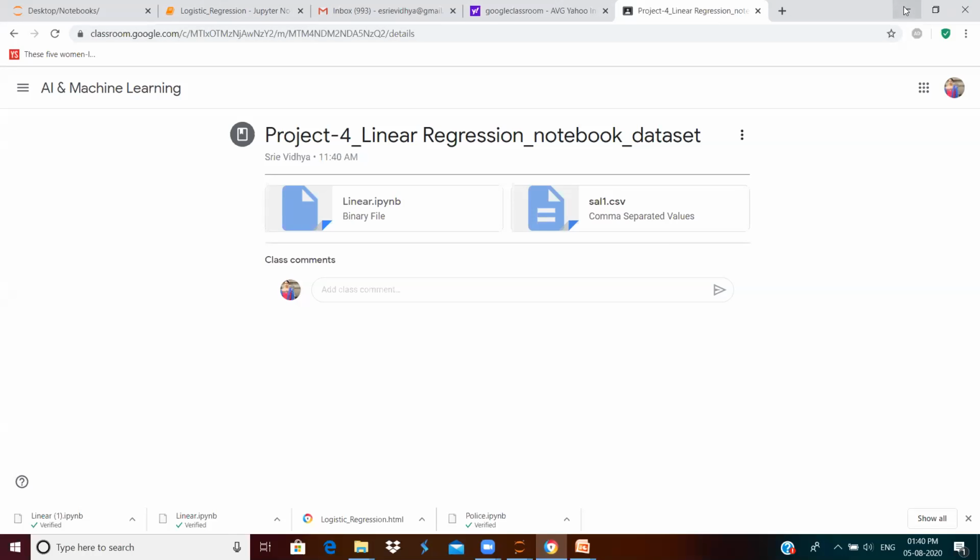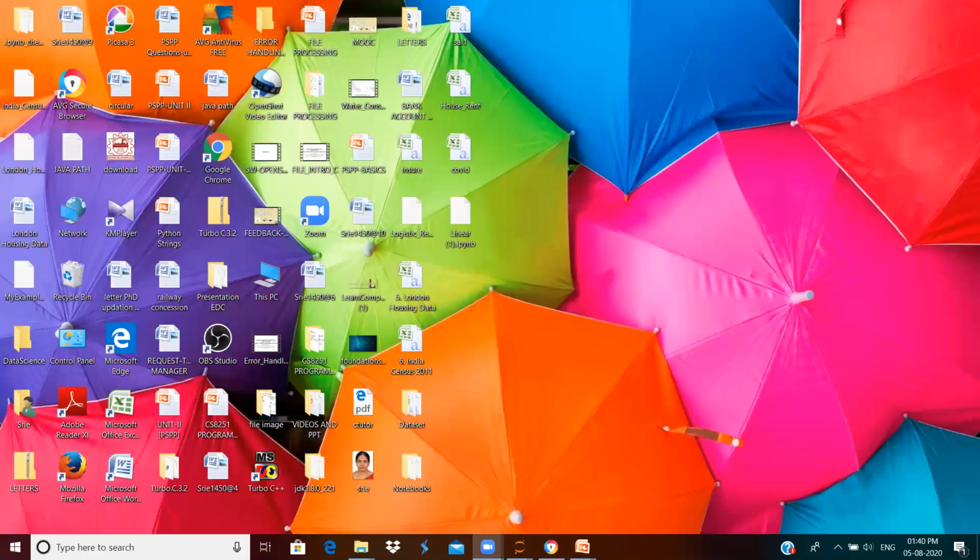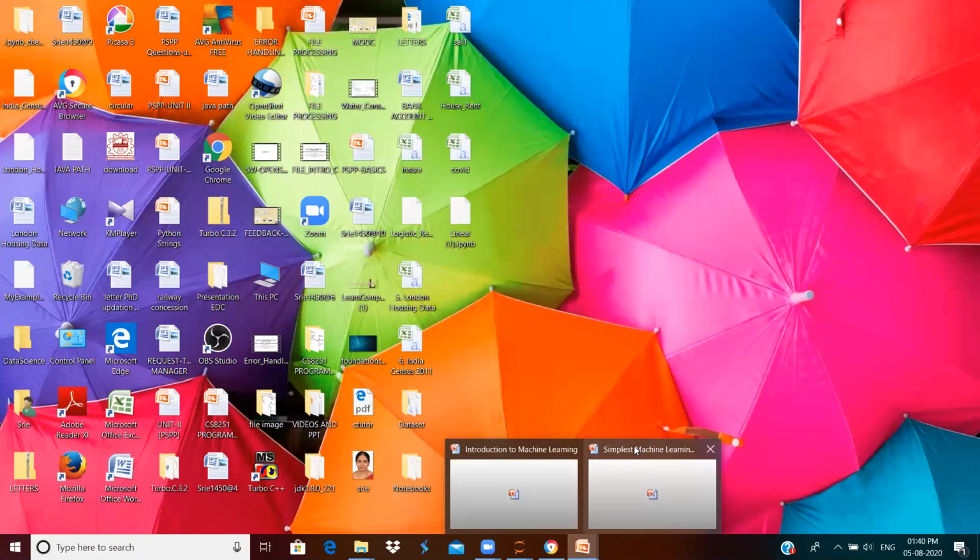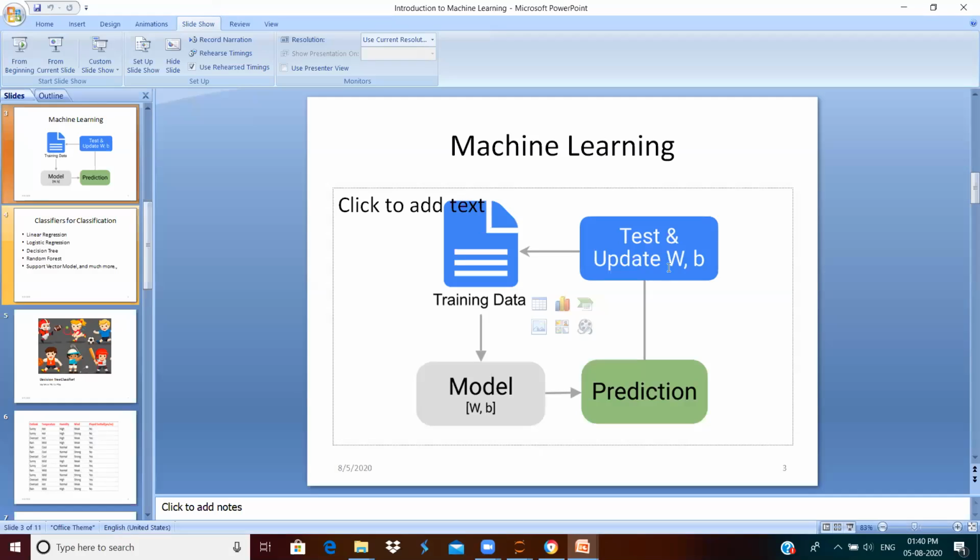Okay, now let us start with the session. So in the morning session, we started with machine learning. Machine learning is a branch of study where you develop a model in order to predict future data with respect to historical data.